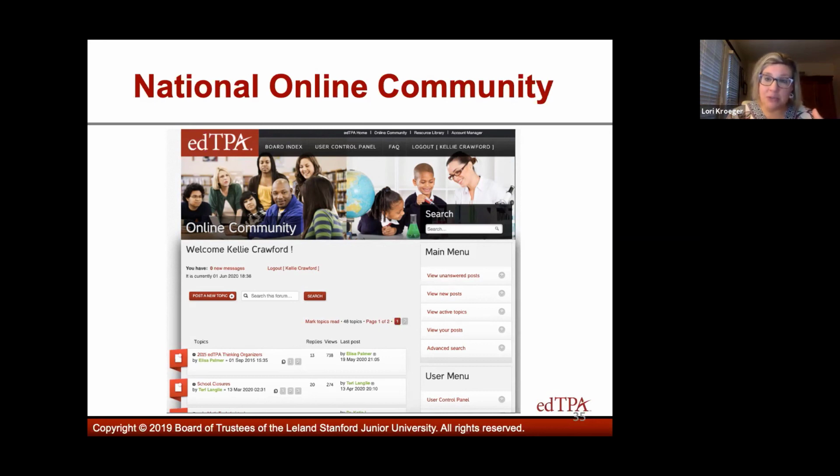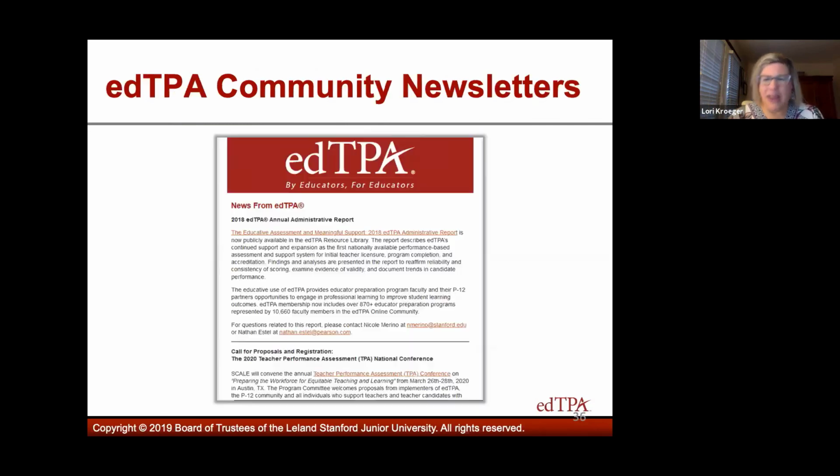Other members of the community can answer that question, but Stanford does monitor this. So Scale is actively monitoring this and will also answer questions. This is a great place to go. If you have a question, you need an answer, you can do a quick search here and see if anybody else has asked your question, and if it's been answered.